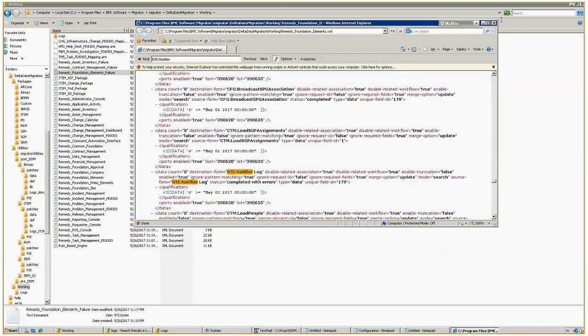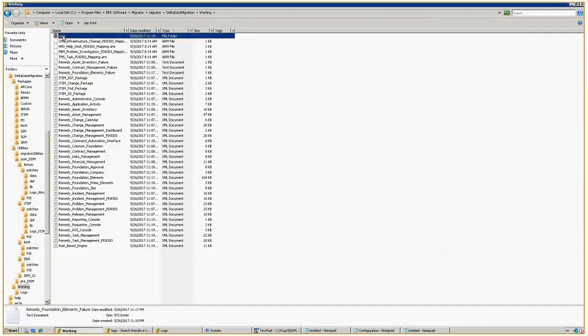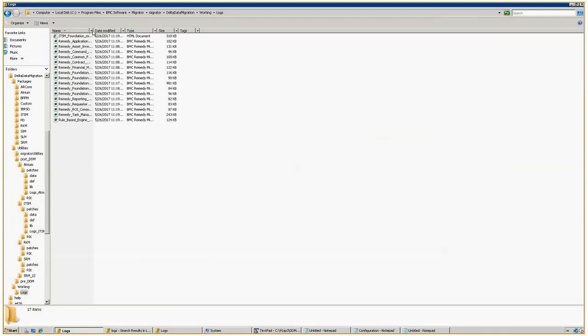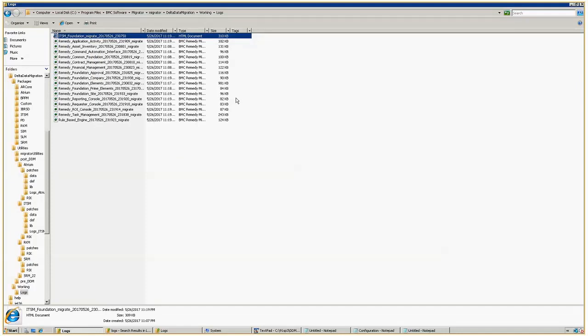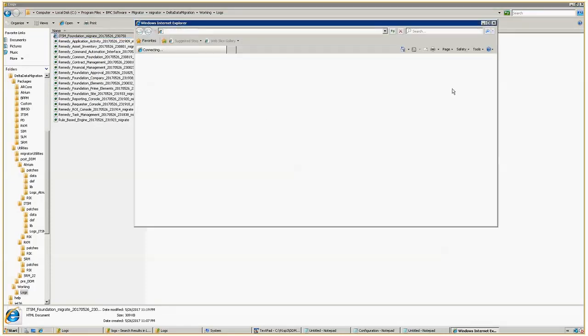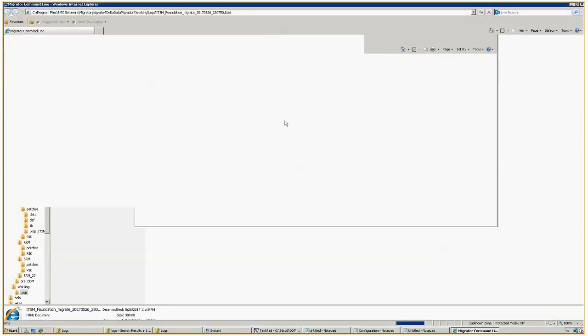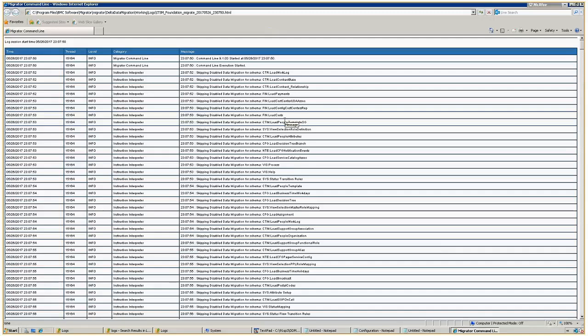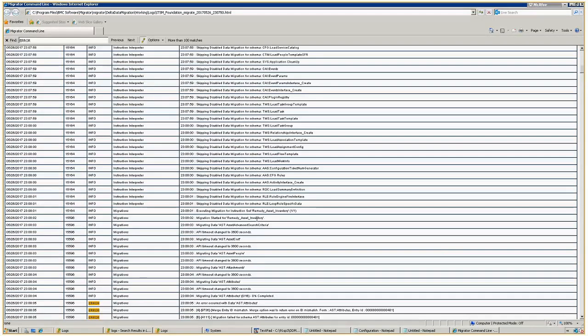Now if you go to the logs folders, let's look at the HTML file for ITSM Foundation. Once you open any HTML log, I want you to search for three keywords. The first keyword you search for is error. For errors, it says found more than 100 errors. So if you look at the errors,